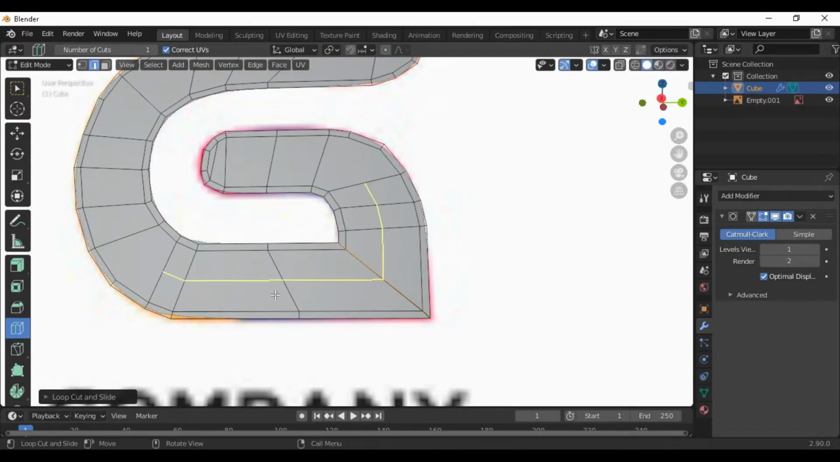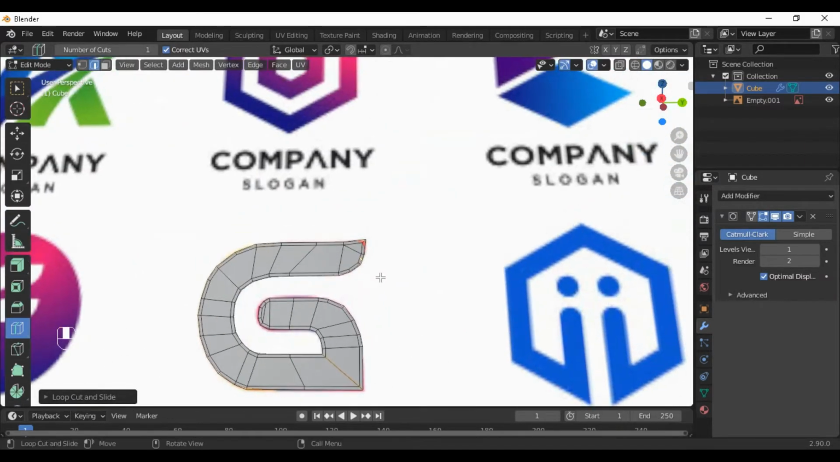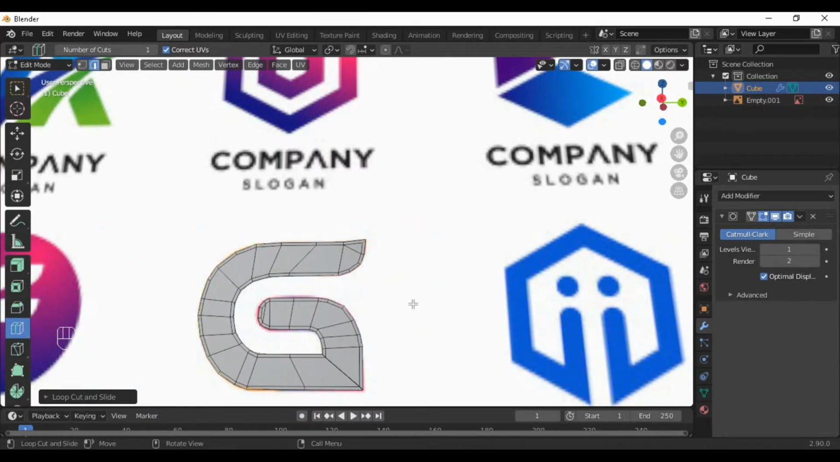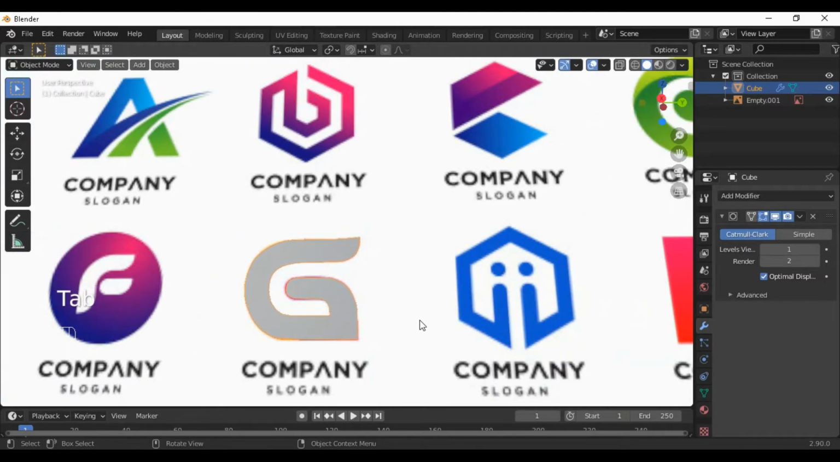Like that. Now we also want an edge here. Drag it. Okay, looks amazing. Now we are going to extrude it. To extrude it,